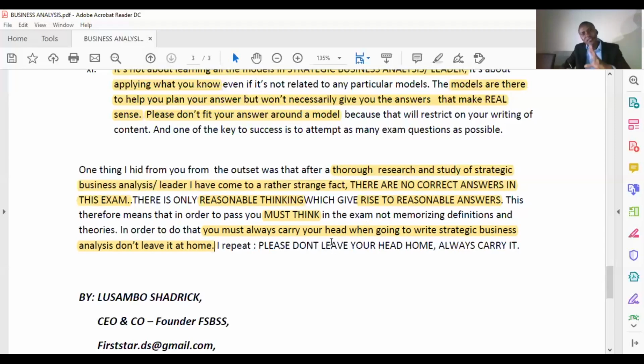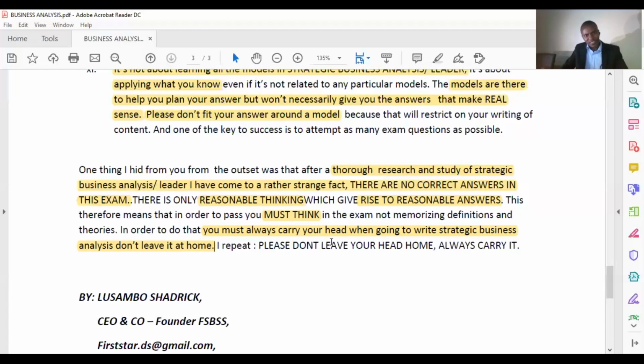Don't just remember the answers in the revision kit and the questions. For me, I don't recommend that students do revision kits for this particular exam. I've noted with concern that the questions in the revision kit are somewhat different from what actually comes up in the real exam. So I usually advise students to practice past exam question papers, not the revision kit. Of course, the revision kit is good for learning purposes and is highly recommended. But as you near the exam, forget the revision kit. Stick to the past exam papers and try to think for yourself.